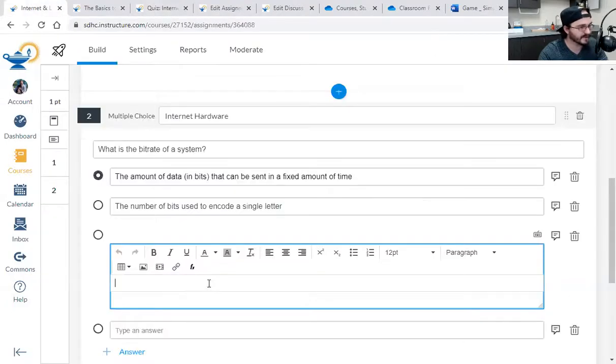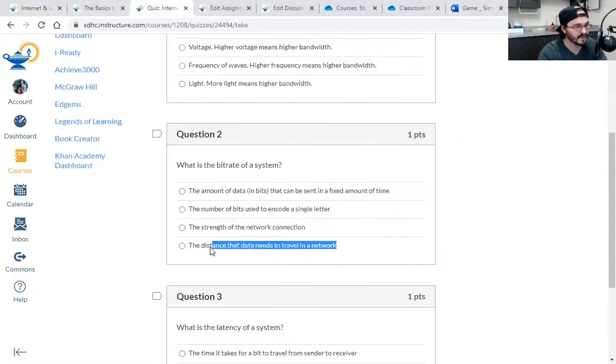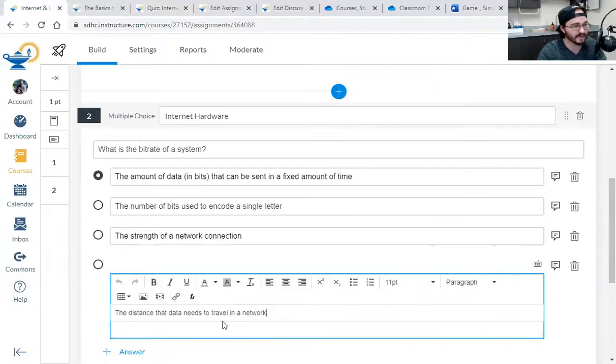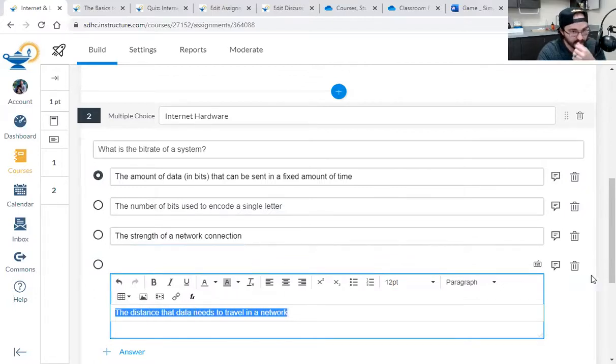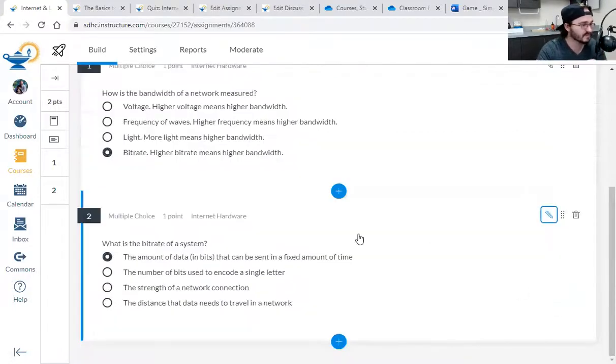The strength of a network connection. As I am doing this, guys, this is probably the perfect time to ask a question in the chat if you're there. Otherwise, just roll with the flow at this point.